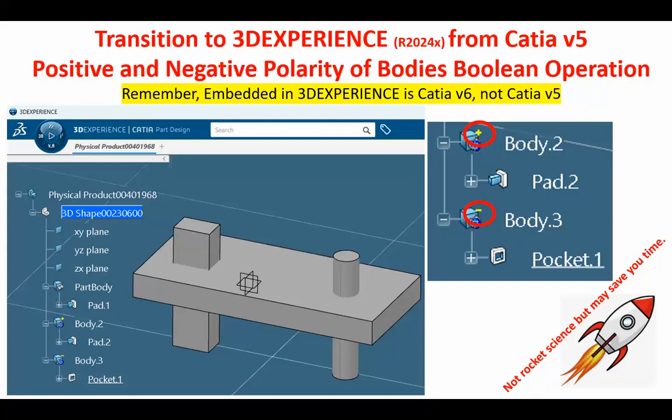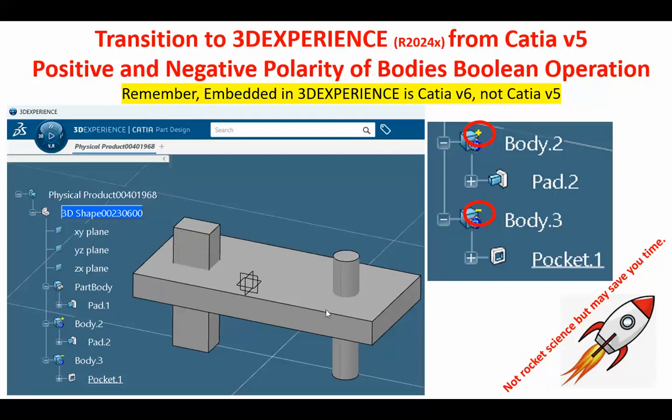Now, I have a similar video for CATIA V5, and this is specifically geared to the 3D Experience interface. So, to explain this business of positive and negative polarity, which is inherited from CATIA, I have created here